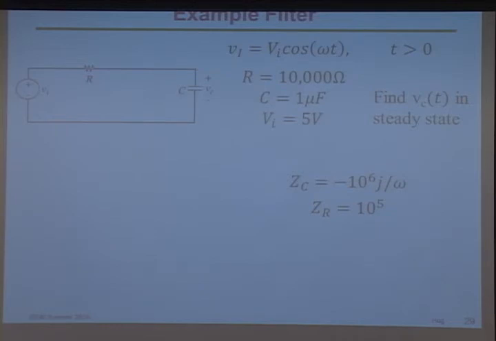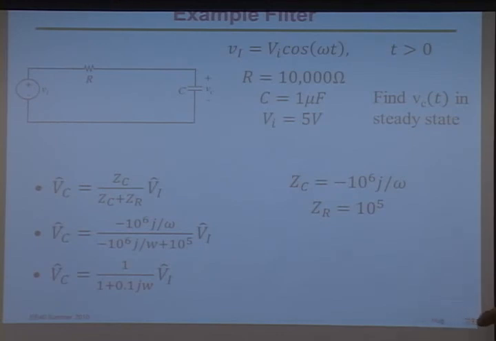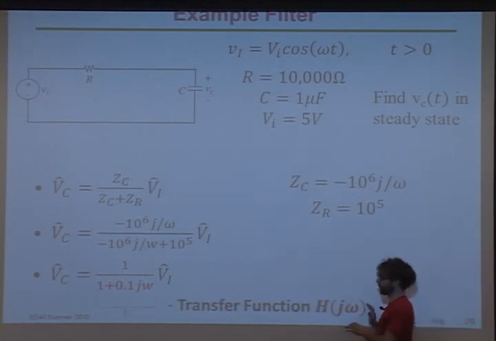So our goal here is to find what the capacitor voltage looks like in time. So replace by equivalent impedances, do a voltage divider, multiply out, and you get an expression, okay? And this is just what we've been doing before. So what we're going to think about now, though, is instead of necessarily having one frequency, we're going to maybe have a sum of many frequencies. And so what we're going to get is